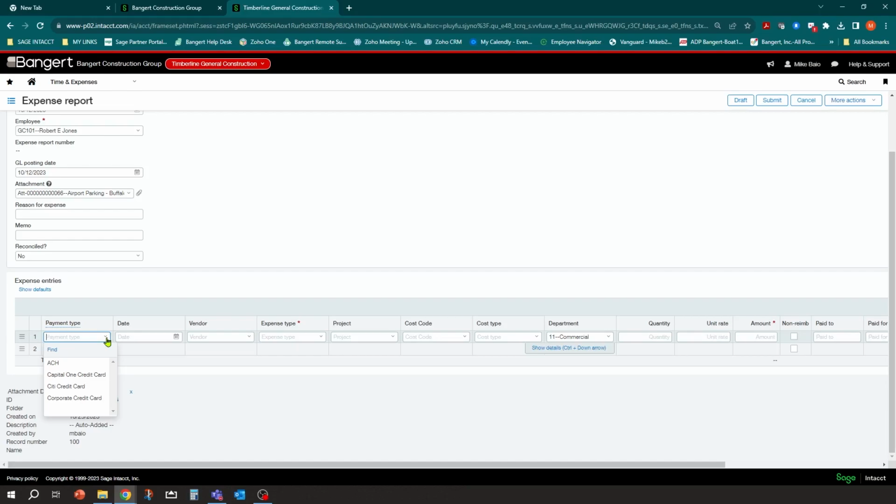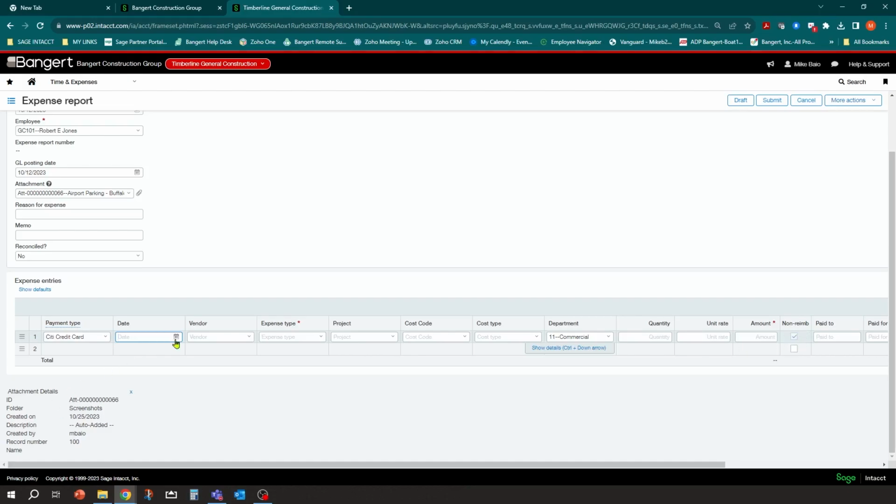And if they're left blank when you go to save it, the system will give you an error message and not let you go on. So here's where we're going to say what card it is for. You would only have your options here, but like we did earlier, we set up that Citi credit card. And by doing that, that tells us it's non-reimbursable. So this is a column that we really don't even need on the entry screen.